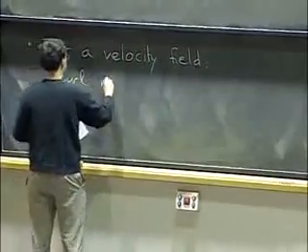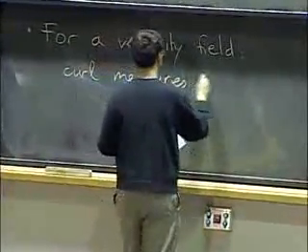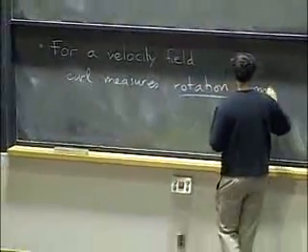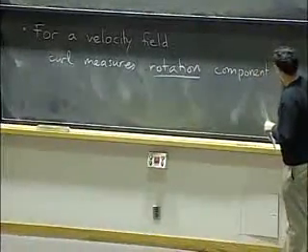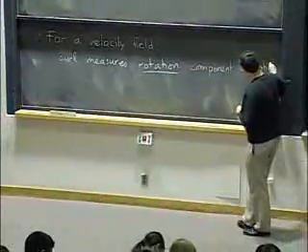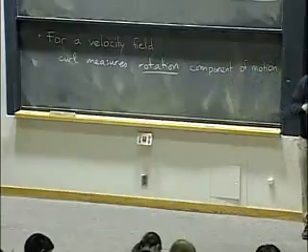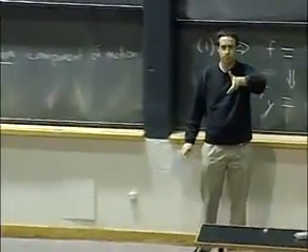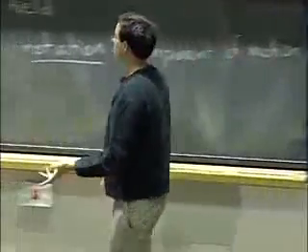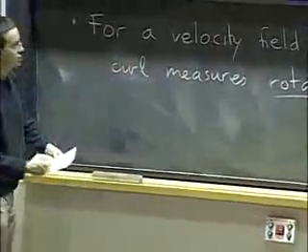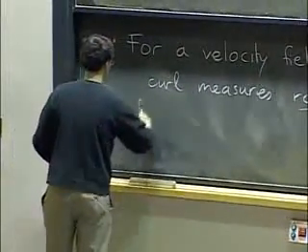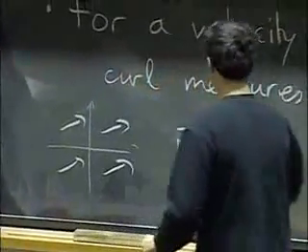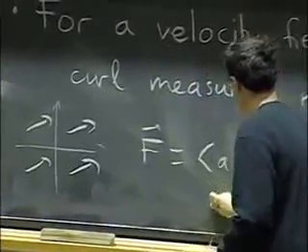The curl, I claim, measures the rotation component of a motion. If you want a fancy word, that measures the vorticity of a motion. It tells you how much twisting is taking place at a given point. For example, if I take a constant vector field, where my fluid is all moving in the same direction, where this is just constants,